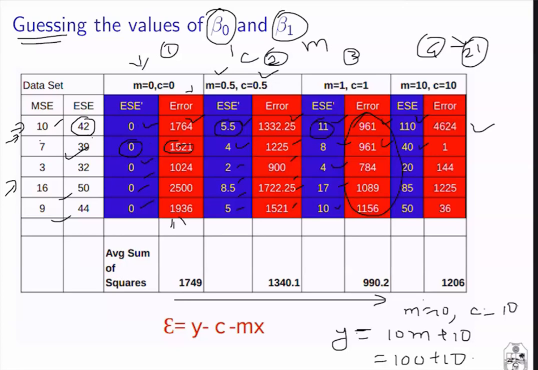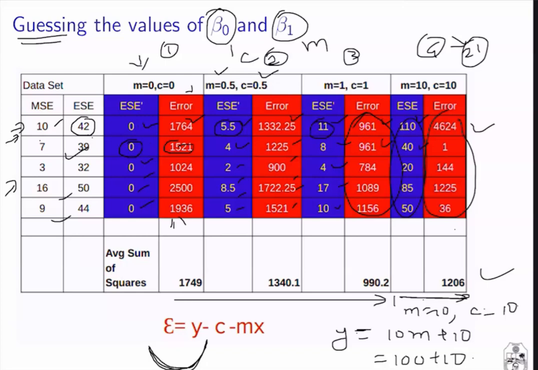Like this, I have calculated the marks for each and every student, and the error I have calculated now becomes this much, 12,006. You observe one thing here: from this point the error has increased. Earlier it was decreasing, now it is increasing. So when you cross a point, initially the error was decreasing and after some point the error increased. You will get a graph like this.